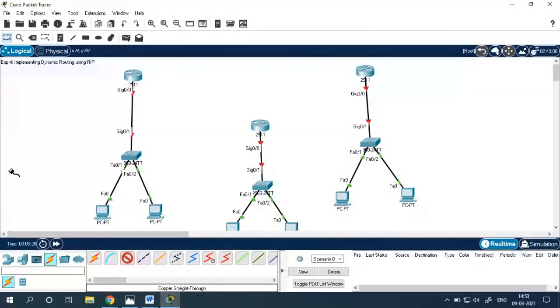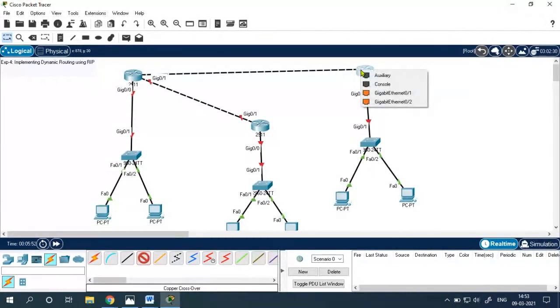So what is left? The connection between the routers is left. So again, which cable is required? Correct, as you have replied, that is crossover cable. So now let's make the connection between the first router and the second router, first router and the third router.